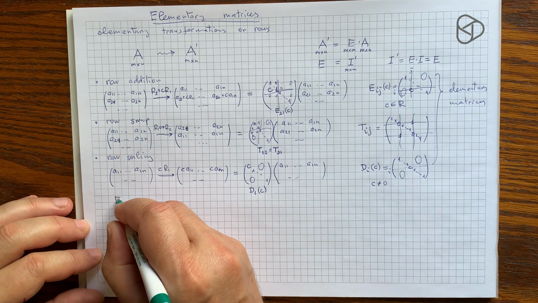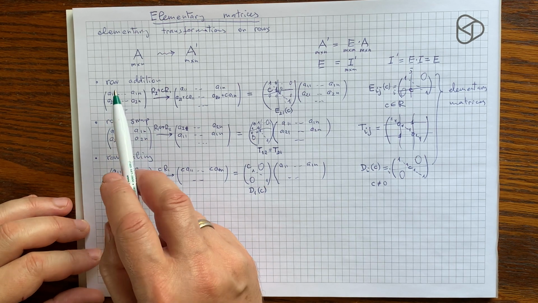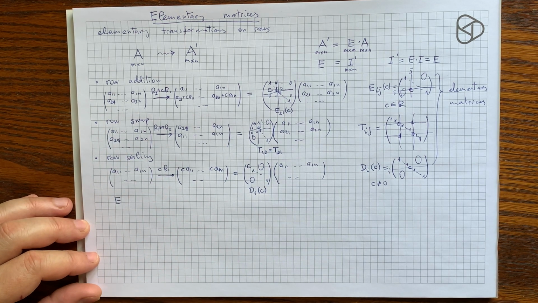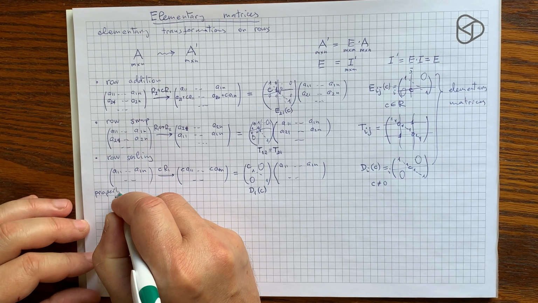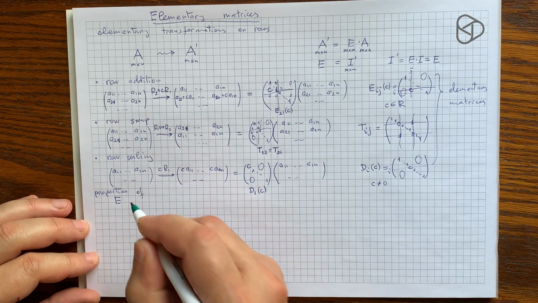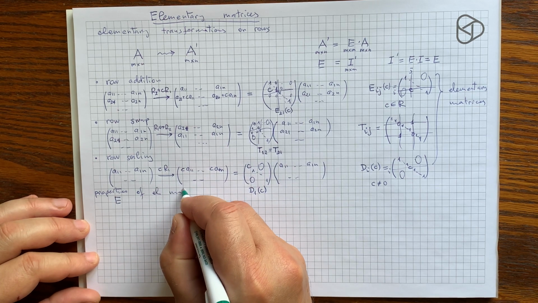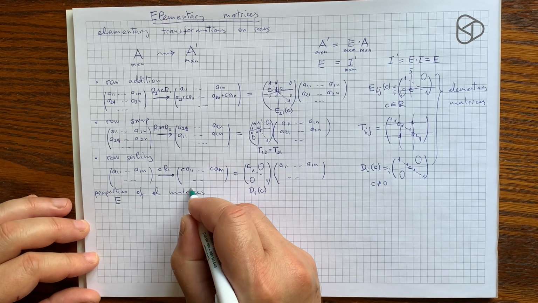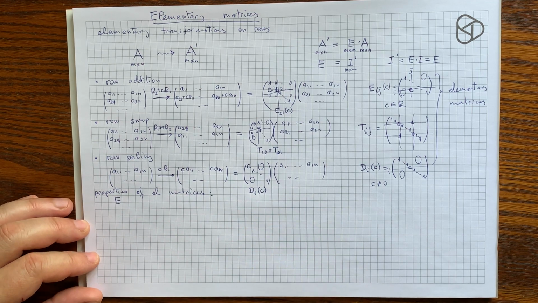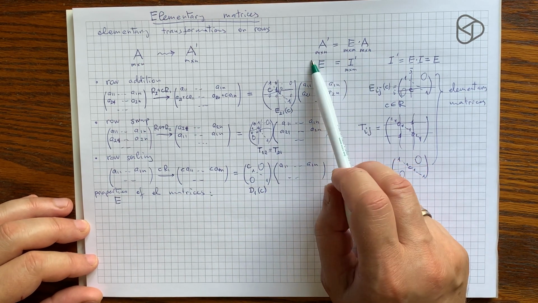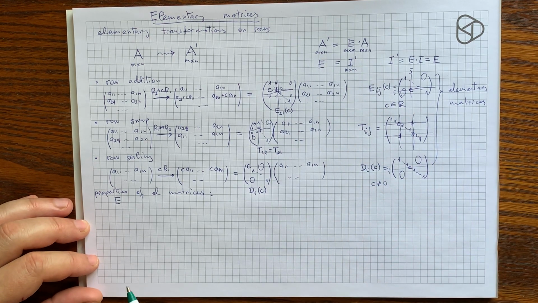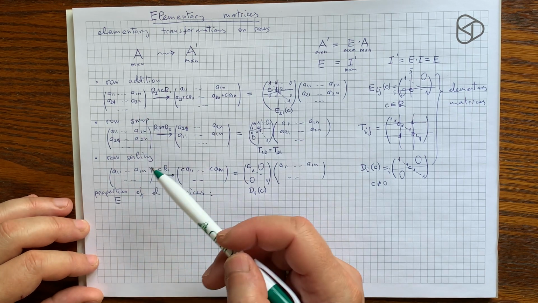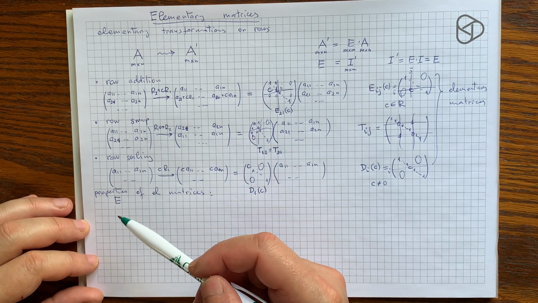But in terms of elementary transformations, it just has to be undoable. So let's quickly look at the properties of these elementary matrices. The properties will just come automatically from the sheer fact that an elementary transformation is a product of the elementary matrix and the original one. So if we do row addition twice, if we iterate a row addition with the same pair of rows,